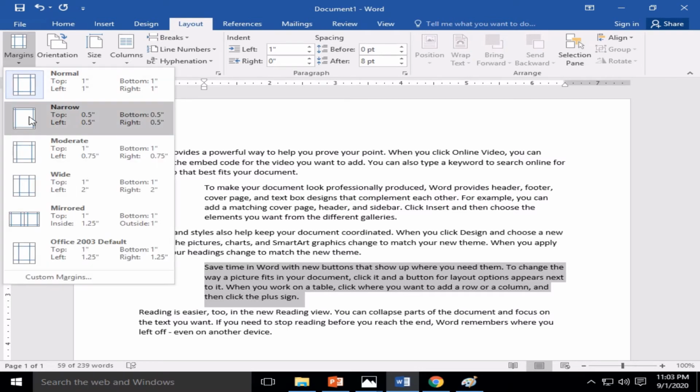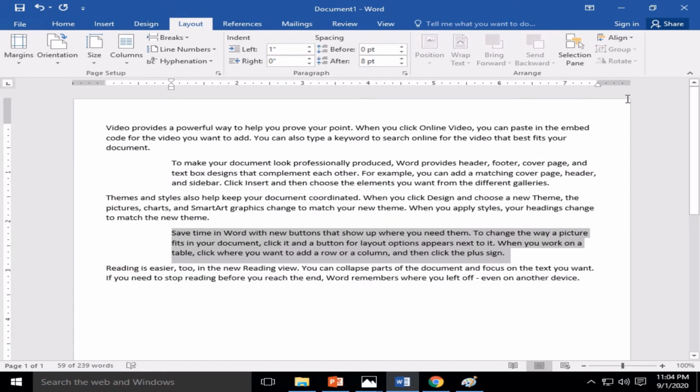Now if you want to make your margin narrow, click on Narrow. If you want to make it normal, click Normal. Normal is already applied. I am clicking Narrow. Now with the gray scale you can observe the boundary, the margin has become narrow.